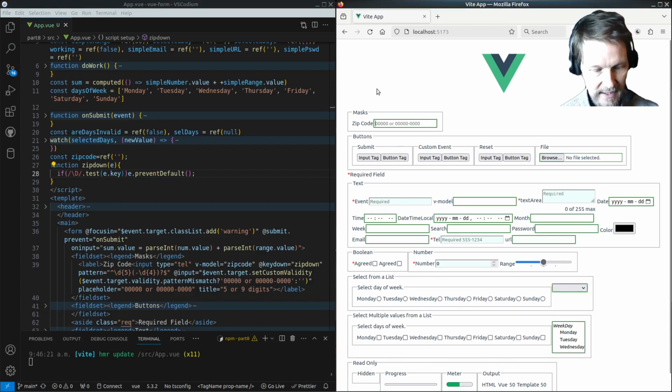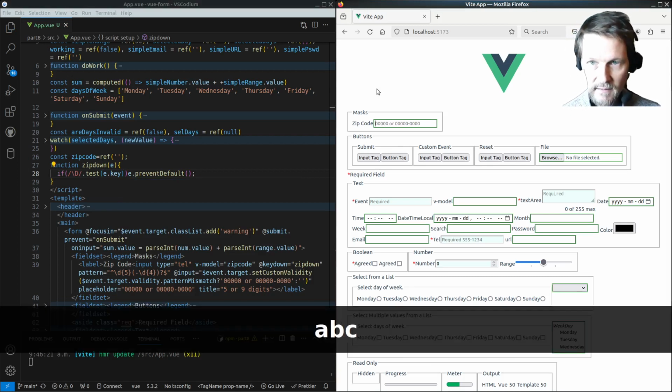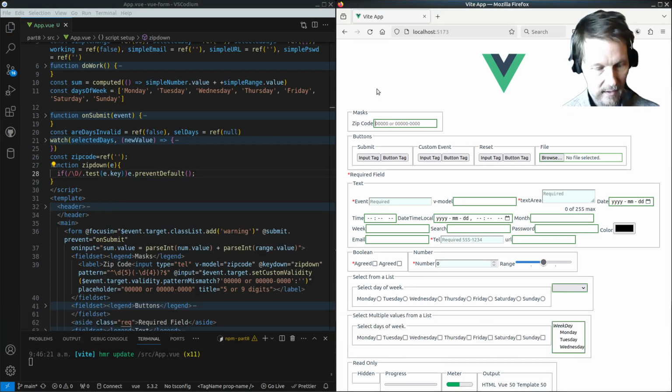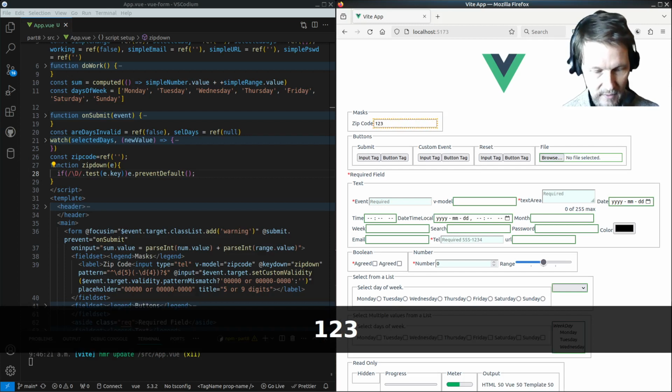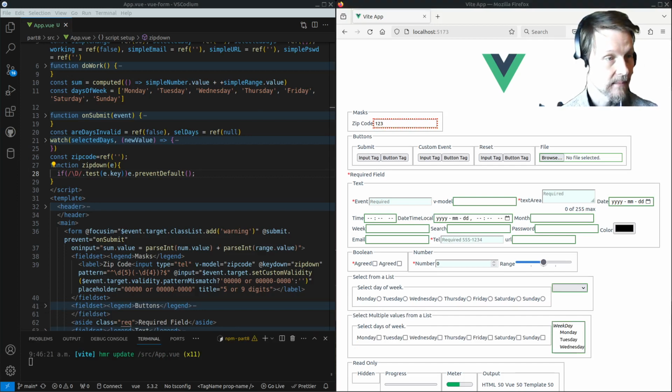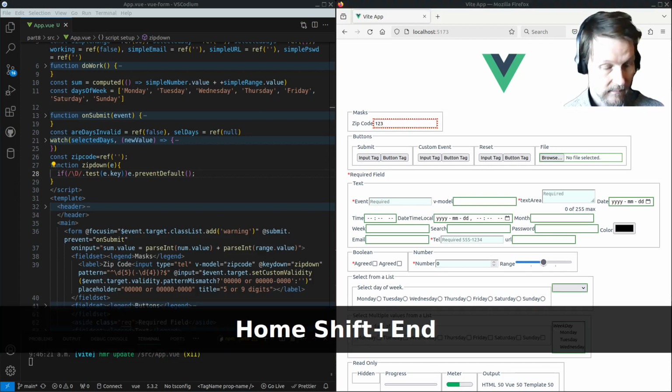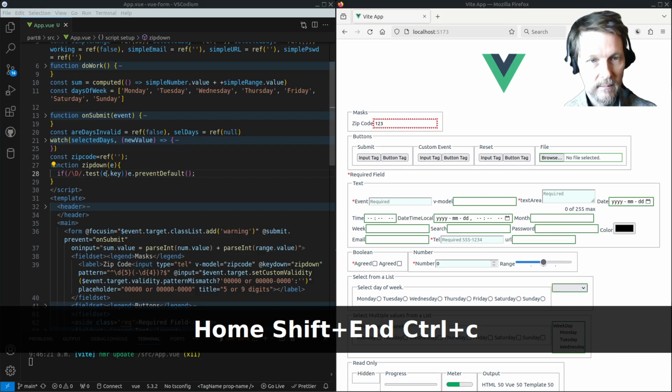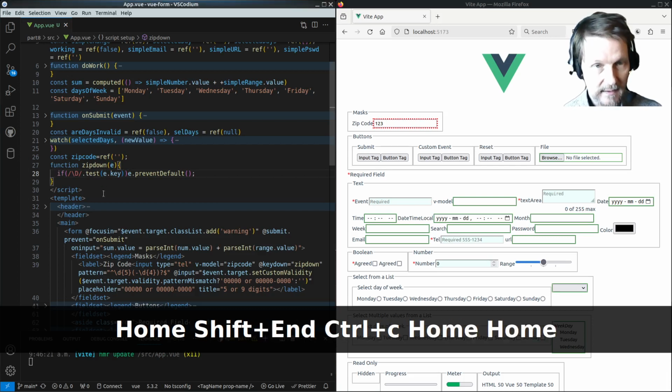All right, so good, let's try it now. ABC, that's blocked fine. 1, 2, 3, those go in fine. Let's backspace that out. Oh, wait a moment, I can't backspace, I can't arrow, there's a lot of keys that I want to happen that aren't happening. Well, we have to allow those keys to happen. And the easiest way,